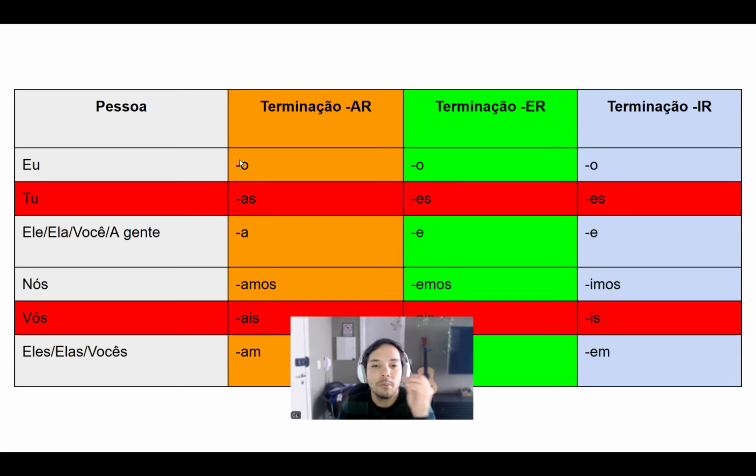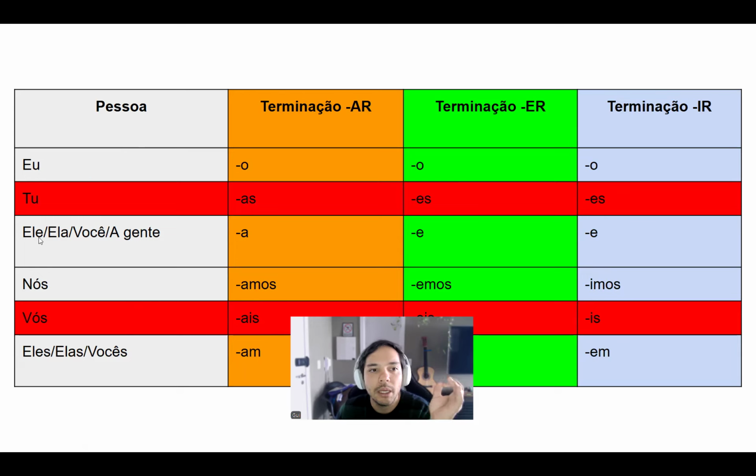All right, so in Portuguese, here we have eu, ele, ela, você, a gente. You're gonna conjugate in the same way. If you didn't know what this is, go back to the lesson that I explained about pronouns, personal pronouns. I'm not sure which lesson it is, but we have this lesson to explain about personal pronouns. If you did your homework, if you know what I'm talking about, just keep in this video. If not, go back, study a little bit more until you understand what personal pronouns are. If you don't know that, so go back, né?